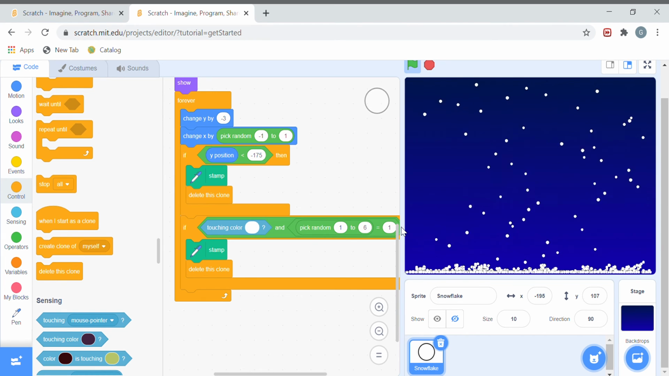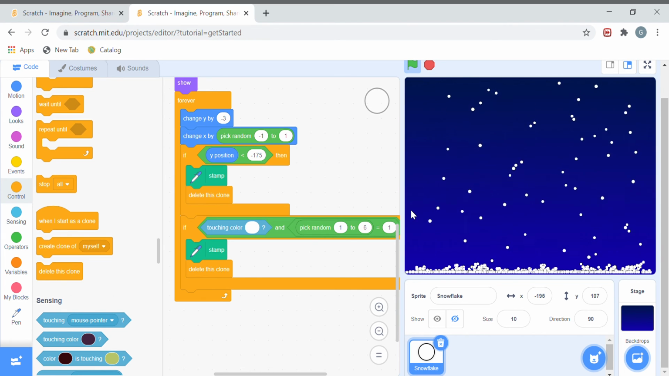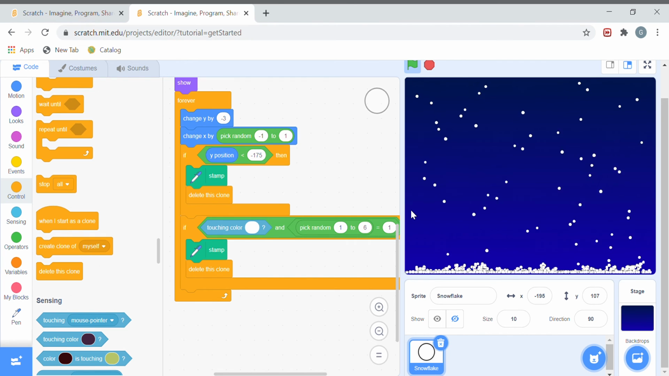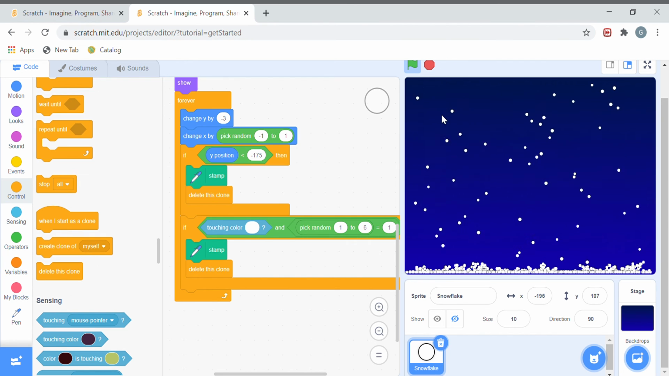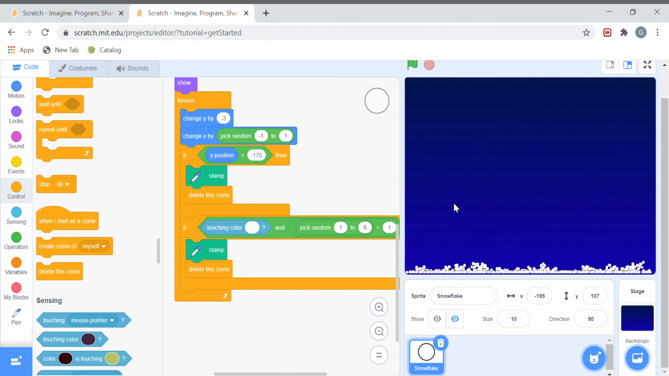So we have a beautiful winter wonderland that's just beautiful and it's fantastic, but it's kind of lonely. It really is, isn't it? So let's stop this, and we're going to add another sprite for the snow to fall on. If I go here to sprite,